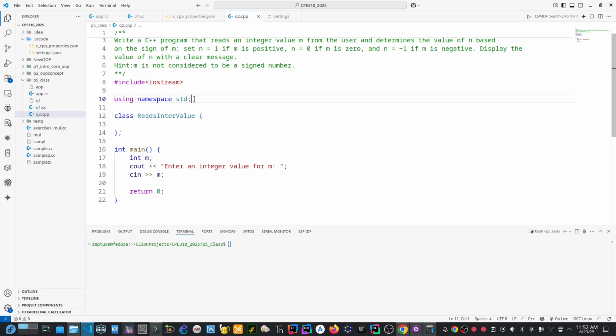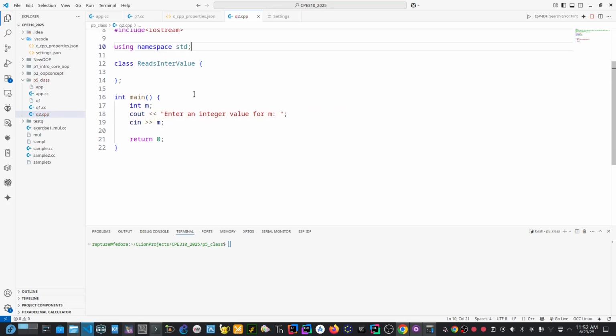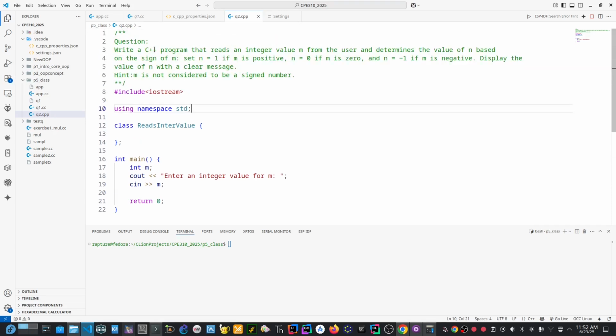But instead of that, you can easily say this. Also, if you are very familiar with that, you can use std:: and that also will be gone. But let me just import it once and for all using the namespace. Then I can comment this one back. Now you can see this first aspect is already done: a C++ program that reads an integer value m from the user and determines the value of n based on that. Now, if we run this program, g++